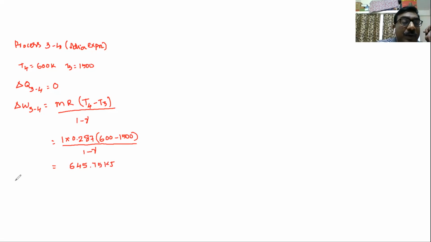Okay. And what is the change in the internal energy? Delta U is equal to 0 minus 645.75. So this is equal to minus 645.75 kilojoules. So what does this mean? The internal energy is getting decreased because some amount of energy is converted into work. Okay. Finally,